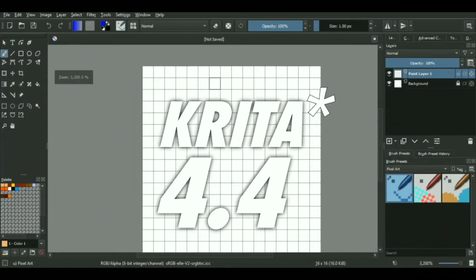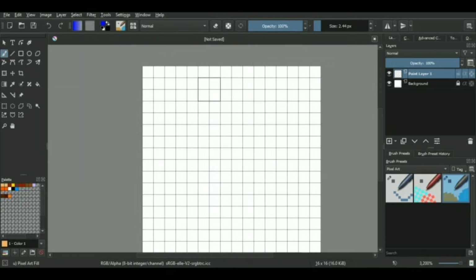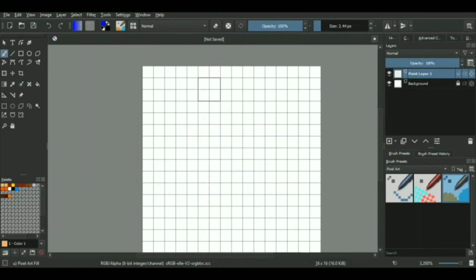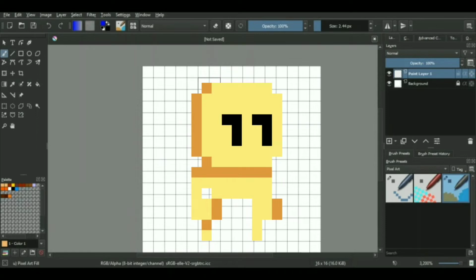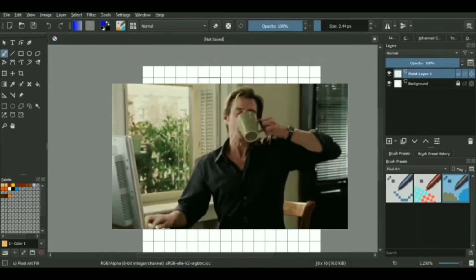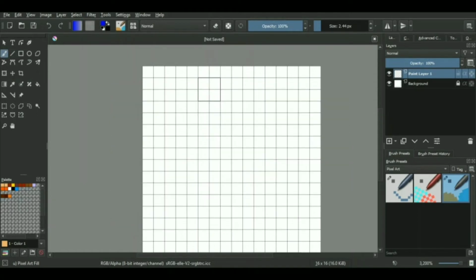So we are using Krita 4.3 with a canvas of 16 by 16 pixels, because obviously we're creating pixel artwork. We don't need a really big canvas. So there are actually two ways of doing this. You can either download a base character for your pixelated artwork from Google, from Pinterest, or, in fact, you can just take a screenshot of this image over here and trace everything on top of it. Well, obviously it will be kind of cheating, but if you're just doing it for learning and not showing off online, you can do that. But since I love to play my life on the hardest difficulty, we will be continuing this video with a blank canvas and drawing everything from scratch.